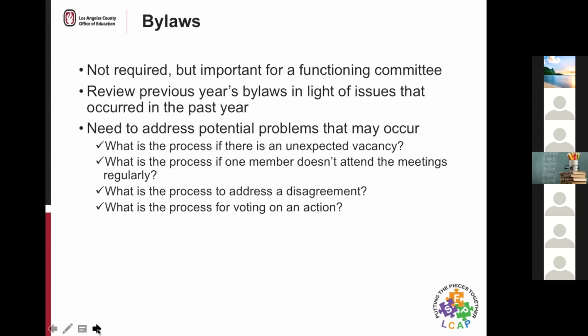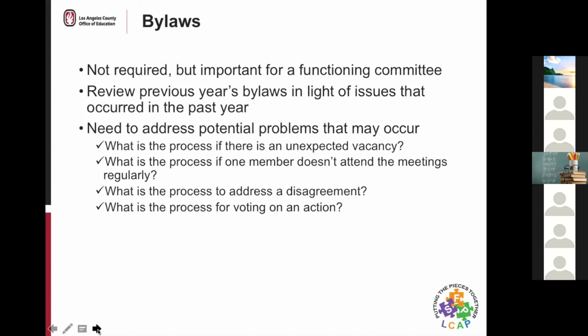So there are some general things that need to be included in bylaws as to how the council will function. But then there are others that come up, and you'll often find your bylaws get changed and morph over the years because they respond to issues that have come up. Like, we never thought that would be a problem. Now we need to figure out how to address it. What about a school site council member who then runs for the board? Is that a conflict of interest or not?